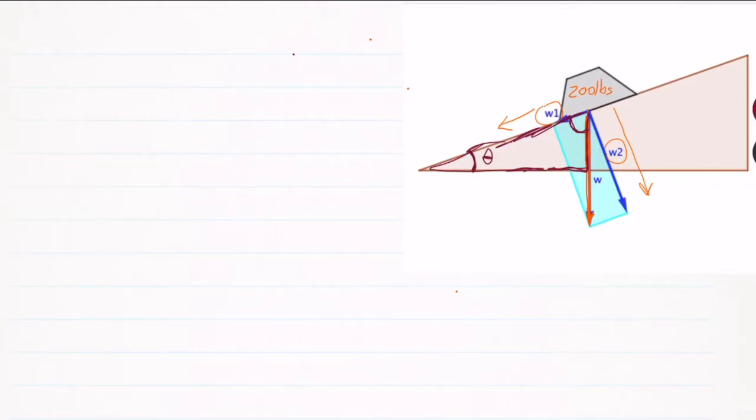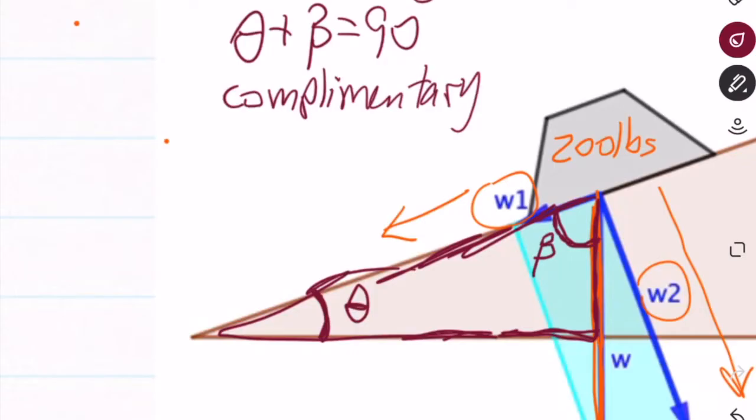then these two angles, let's call this one beta, then theta plus beta has to equal 90 degrees. Because the sum of all of the angles has to be 180, and I know that this is a rectangle and it's got all these right angle corners. So these are called complementary angles, two angles that add up to 90. That means